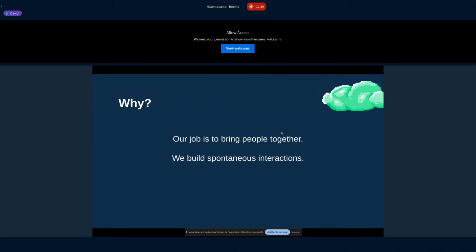Why do we want to do this? Well, what we are trying to do is to bring people together, and most of all, we are trying to build more spontaneous interactions. Work Adventure is probably not the best tool if you want to do asynchronous work, or if you want to ask a question and have an answer later. For that, you have plenty of other solutions, Element, Matrix, Discord, Teams, whatever.